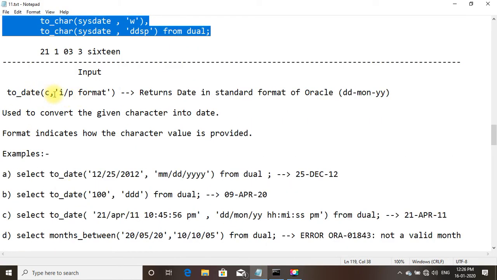TO_DATE: input is a character, comma, input format. It returns a date in the standard format of Oracle, DD-MON-YY, used to convert the given character into a date. The format indicates how the character value is provided.